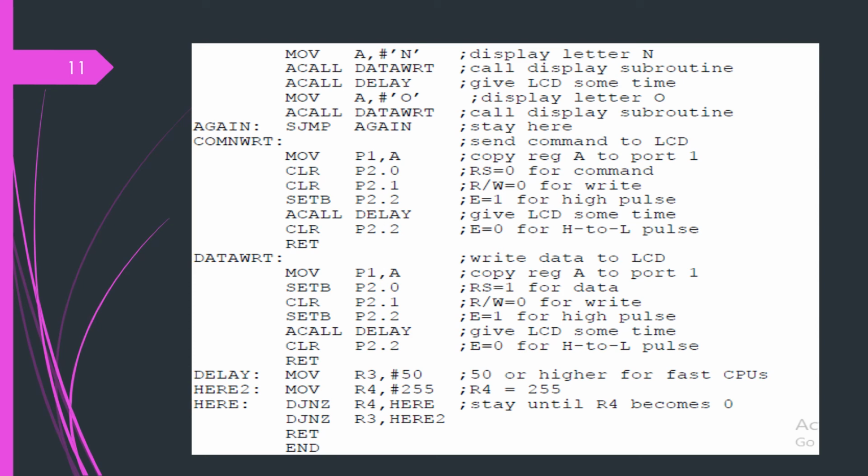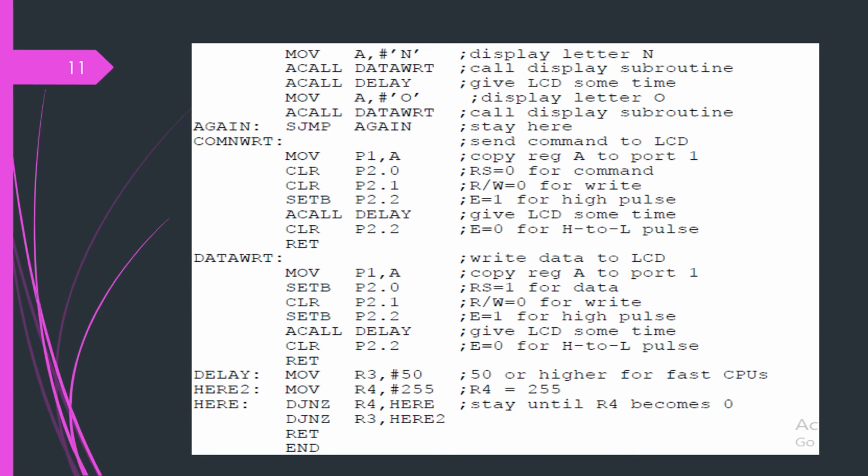For that purpose we call the data write routine, the display subroutine. Then call delay, again spend some time, then move A, #'O'. Say for example we are displaying N and O, so again we call the display subroutine, that is call data write. So data write is for displaying data and command write is for commands. Now let's jump again.